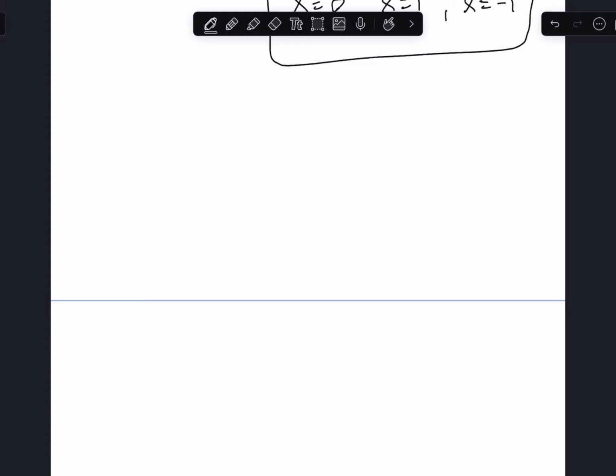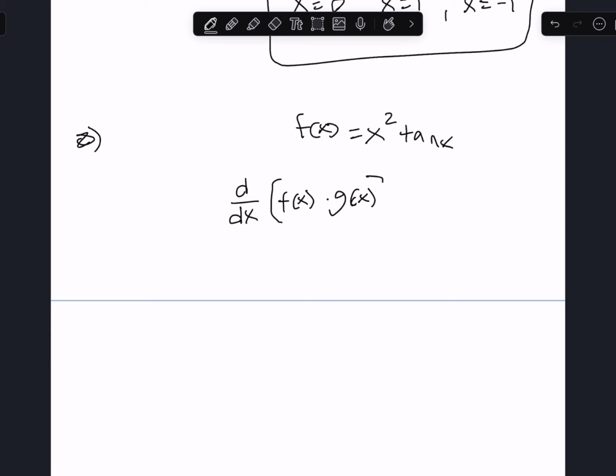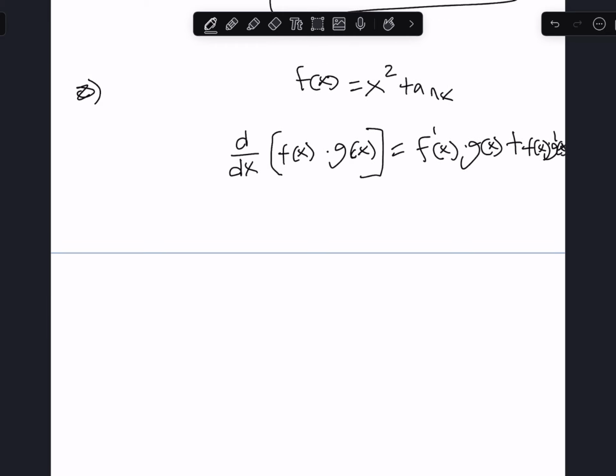All right, next up is question 8. Question 8 is asking us to find the derivative of the trigonometric function f of x equals x squared tangent x. To find the derivative of this, we're going to have to use something called the product rule. And the product rule states the derivative with respect to x of f of x times g of x is equal to f prime x times g of x plus f of x times g prime x. So if we look at our original equation,